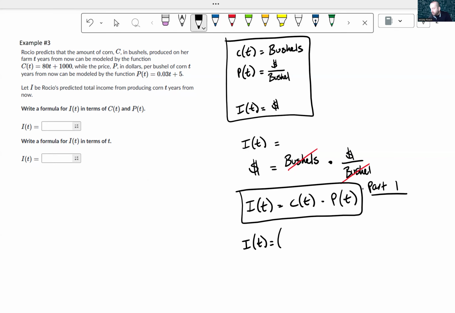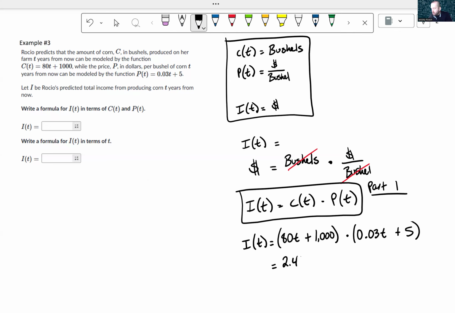So C of t is 80t plus 1,000 times P of t is 0.03t plus 5. And it's very important that you write parentheses around there, especially when we have more than one term defining the function. So now we're going to do the distributive property or the FOIL method. We would get